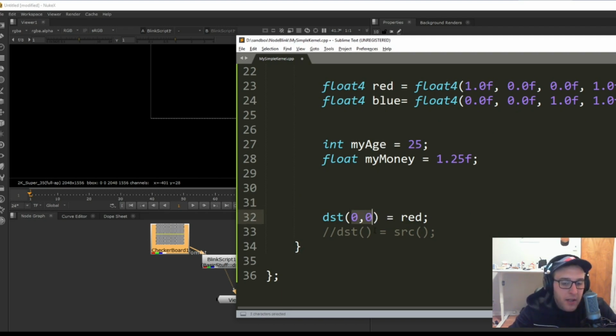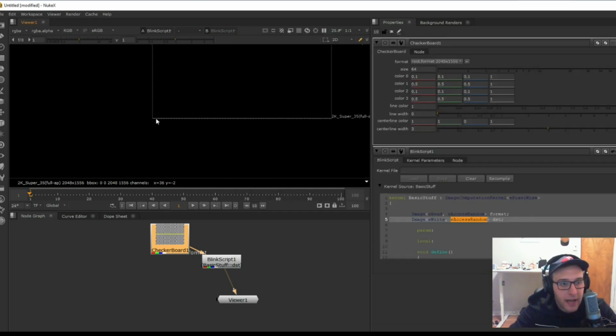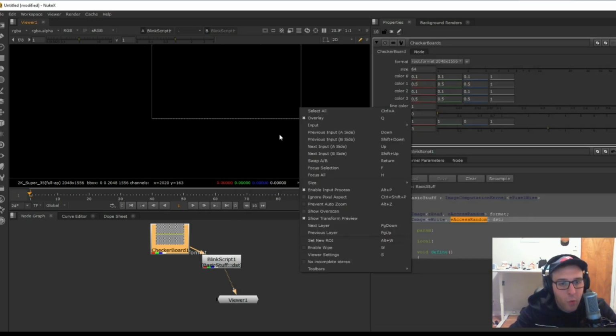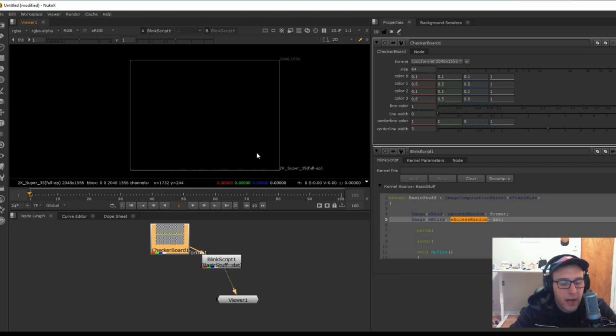For now, it's going to be 0, 0, and I'm going to assign the red color to this pixel, and Nuke starts to count at 0, 0, which is left bottom, and 1, 1, or like if we go from, because we're going to dive into UV after, but it's like if we were to,